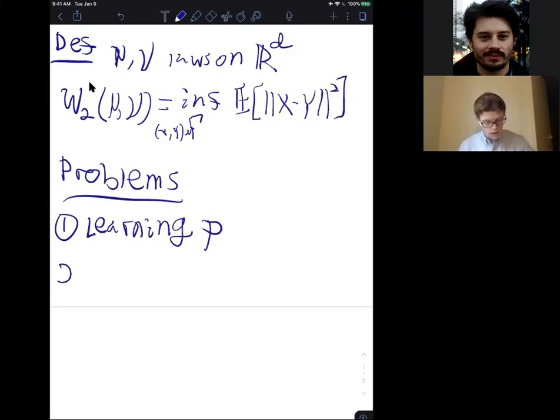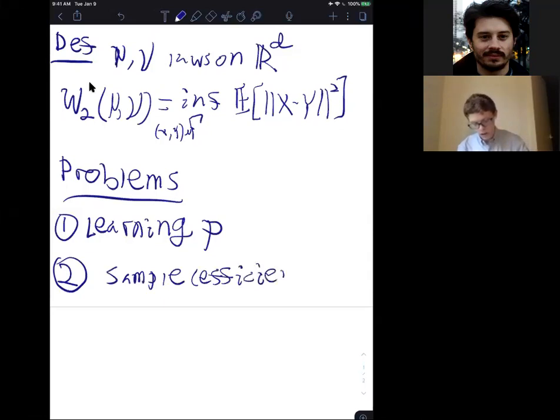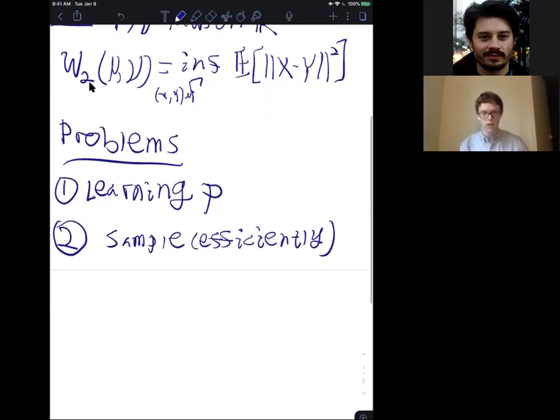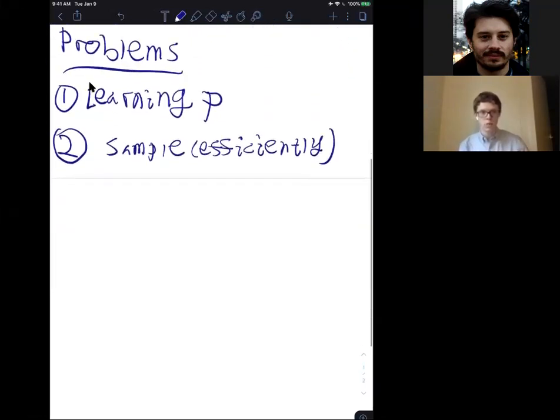The second thing that we need to do is that given an estimate, we need to actually sample efficiently. I'm going to spend a little bit of time talking about each one of these, but I'm actually going to focus on sampling efficiently,